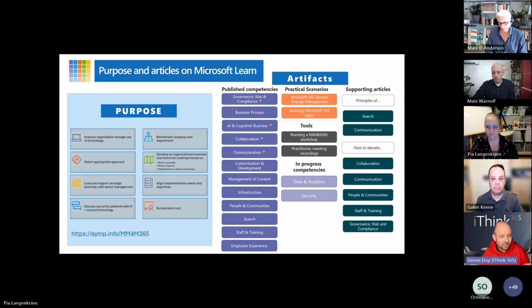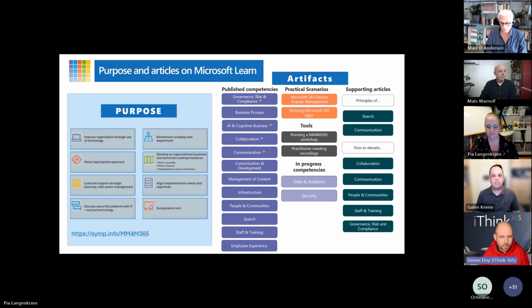This session that Pia is going to do is another step to help us get these cool ideas and projects, which are really going to help move a business forward, agreed upon. So the purpose is to help share that knowledge, share the benefits and impacts of improving your maturity in these competencies. So we improve the business and we're able to leverage the M365 platform to do that.